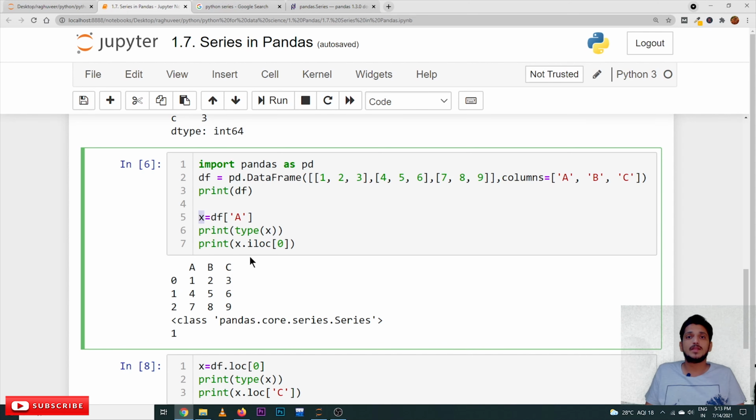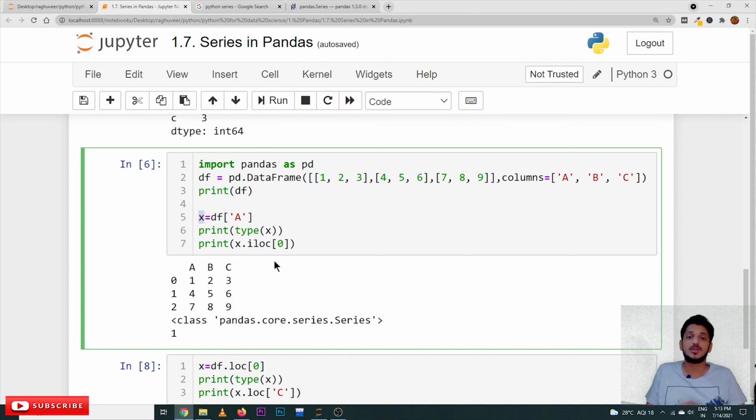So we can use the methods and the attributes that were shown previously. With iloc, based on the index location we can identify the values. In the 0th location, what's the value we got? 1. In A, in the 0th location we have 1. That's why the output is 1.